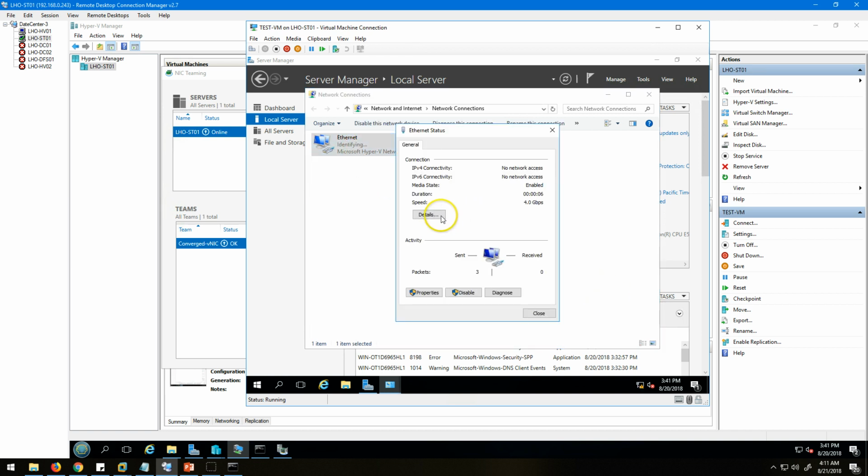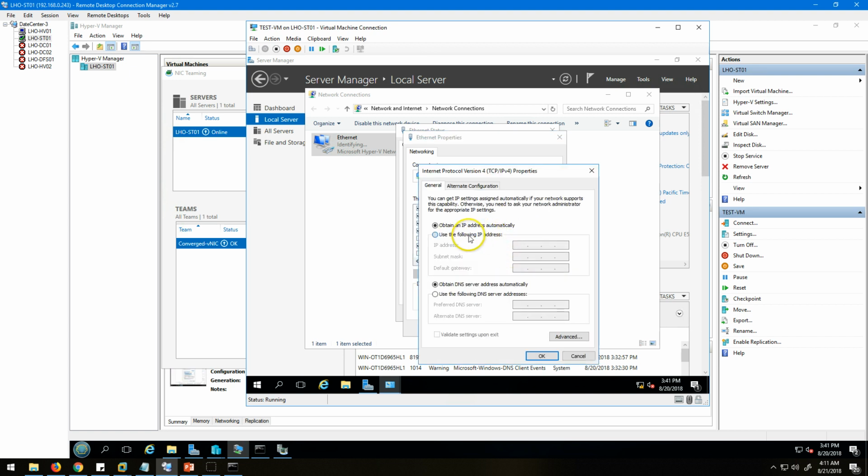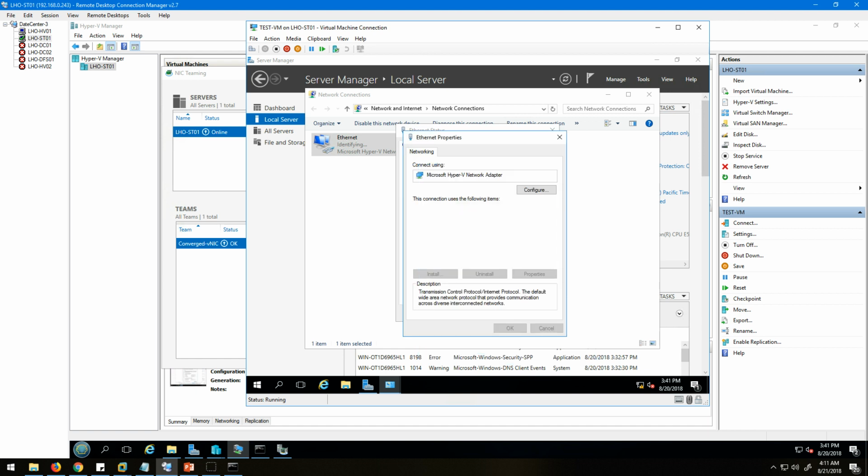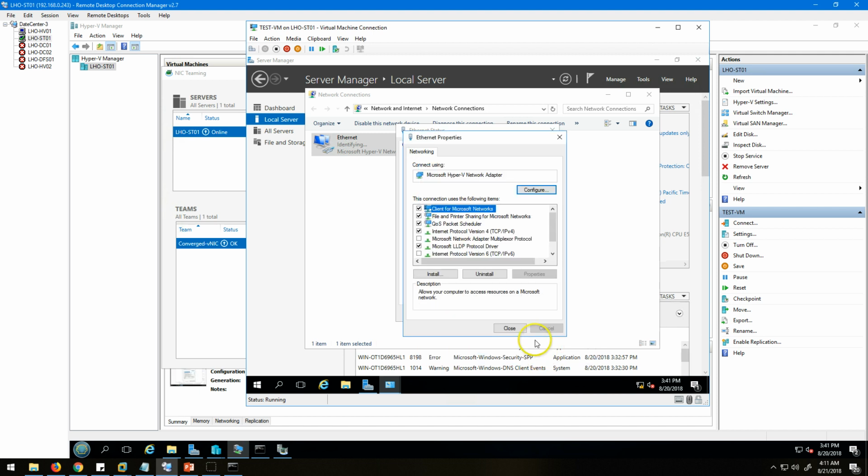So you can see we are not able to get any IP address, so I'm going to assign a manual IP address here. Let's call it 192.168.40.101, and then I'm going to give it the default gateway, the router's address, to get the internet. And the DNS is 8.8.8.8. If I click OK,